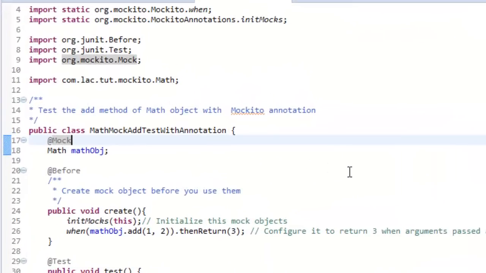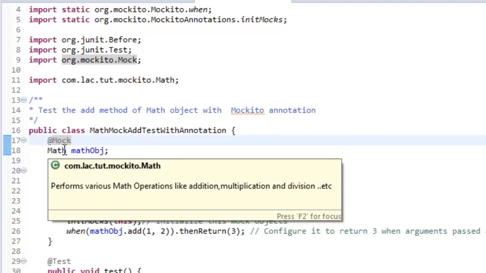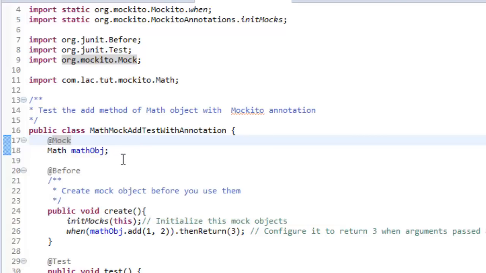Mockito also supports annotations. We have the @Mock annotation, which can create a mock object. In the earlier example you have seen we use the static method mock to create a mock object, but Mockito supports the @Mock annotation.